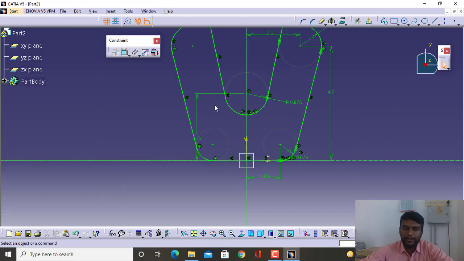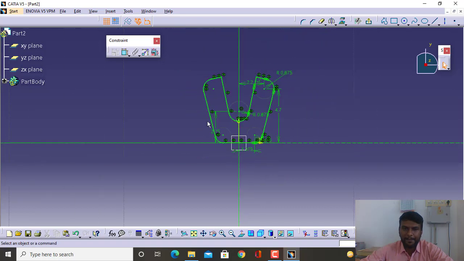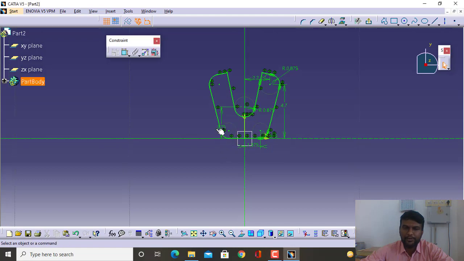This is how you create the particular sketch. So thank you everyone. This is about this particular sketch, how to create it, and how to use the different tools required to create it. In the next session we are going to see a different sketch and the tools required to create the given sketch. Okay, thank you.